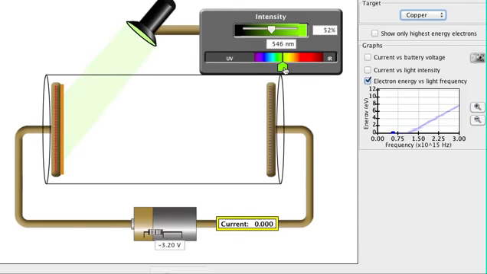Regardless of what type of metal we use, it turned out that the slope of this graph was always the same. So if you took the slope of this graph, no matter what metal you used, it turned out that the slope was equal to some number, and that number is now